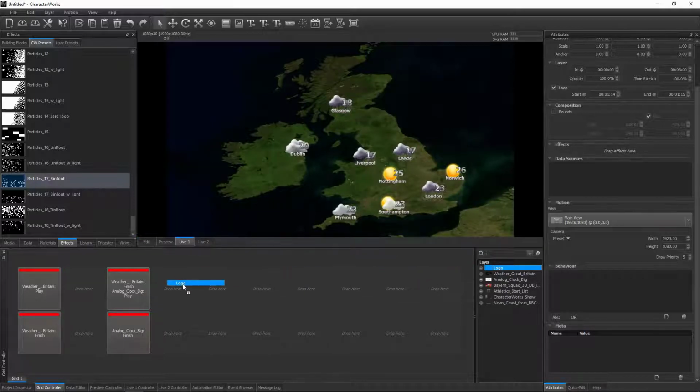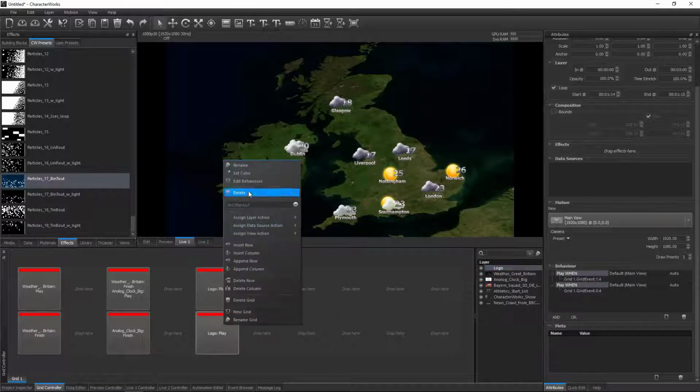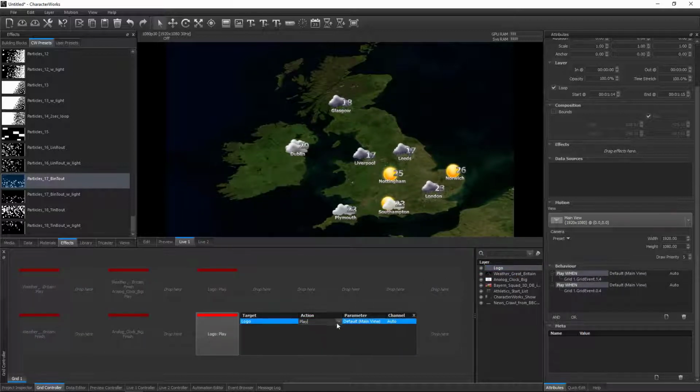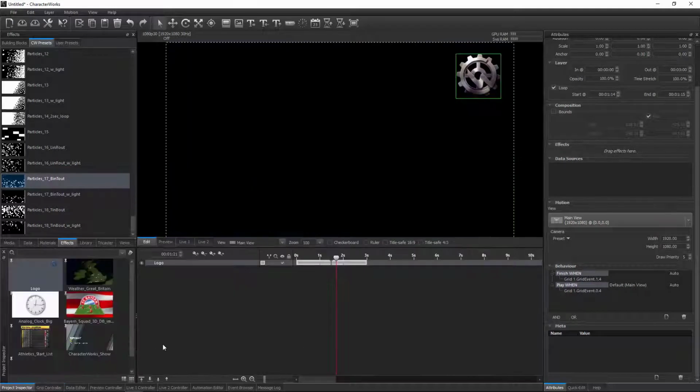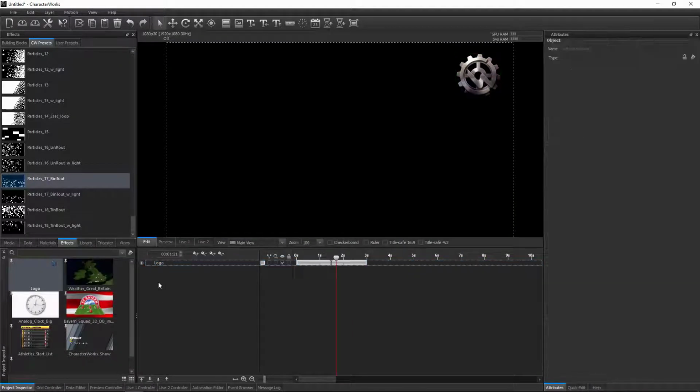Creating some grid buttons to help us test a logo motion. Next, let's work on keyframe animation of some text to be placed over the logo.